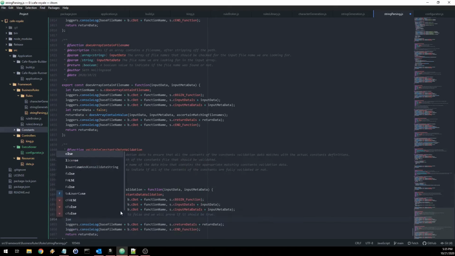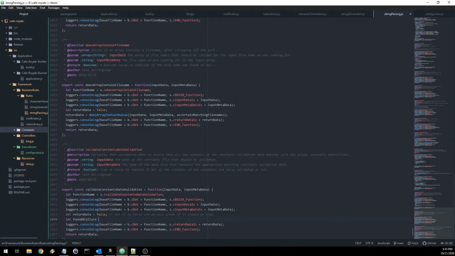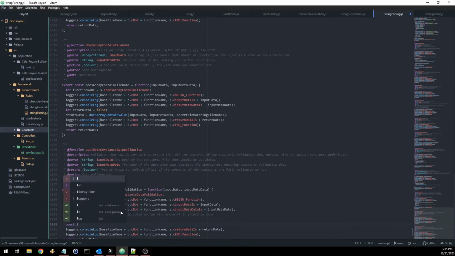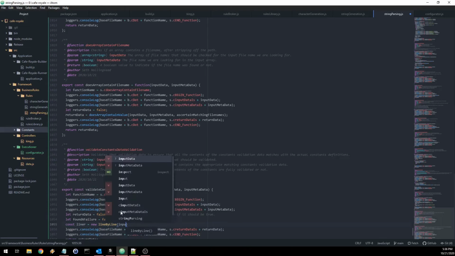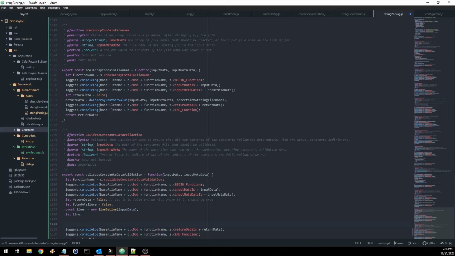And then let found a failure equals false, and const liner equals new line by line input data. So we're going to scan through and let line equal like that. So this is what's going to allow us to scan through each line of code in that constants file. So while line equals liner.next,